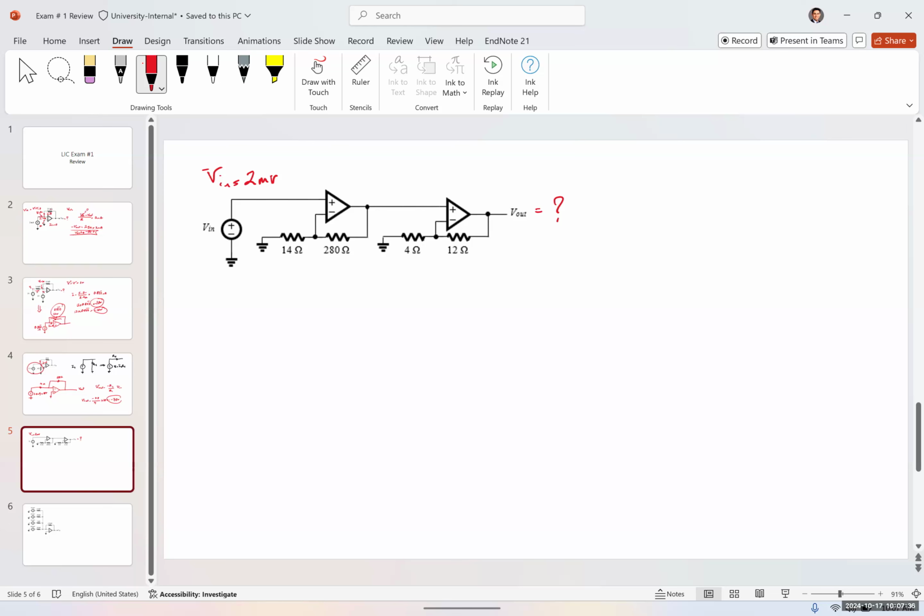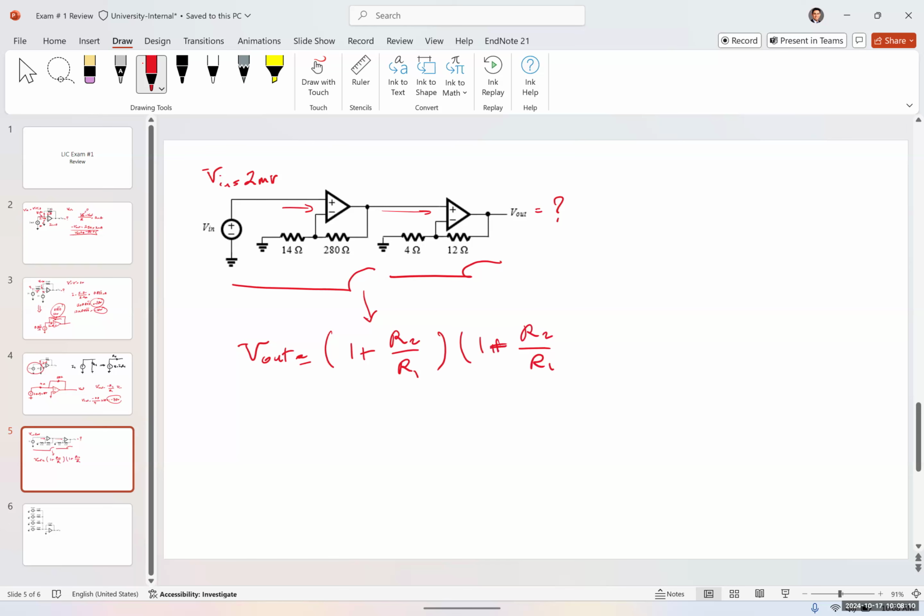Did everyone solve it? Yes. Okay, so what we have here is a cascaded amplifier. Both of them are non-inverting amplifiers because the inputs are given to the non-inverting input. So the total gain, or in other words, let me write the final equation. V out for the system would be equal to 1 plus R2 over R1 for the first stage, times 1 plus R2 over R1 for the second stage,